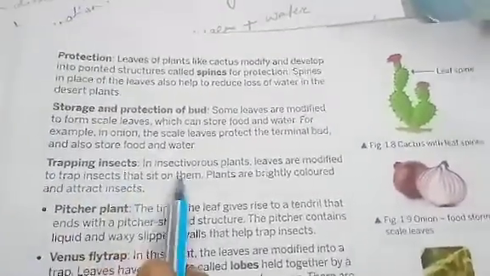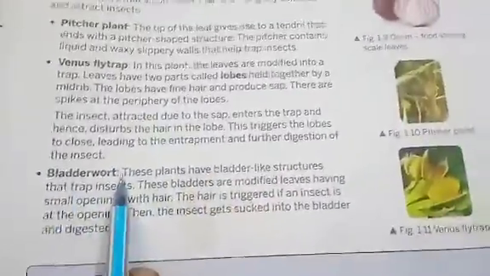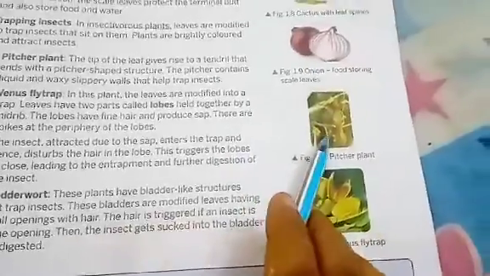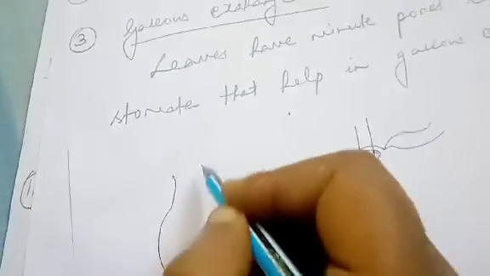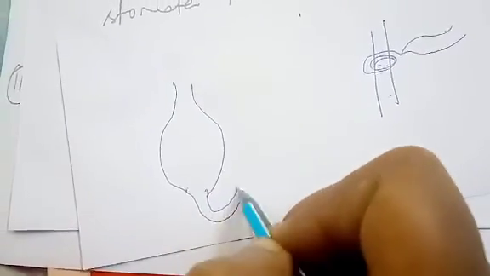You know, there are some insectivorous plants which trap the insects and derive nutrition from there. Which are they? Pitcher plant, Venus flytrap, bladderwort. Picture is given children. This is the pitcher plant. If you see the diagram here more clearly, you will see just like a pot. Pitcher is what? It is a pot, and this is a modification of a leaf.